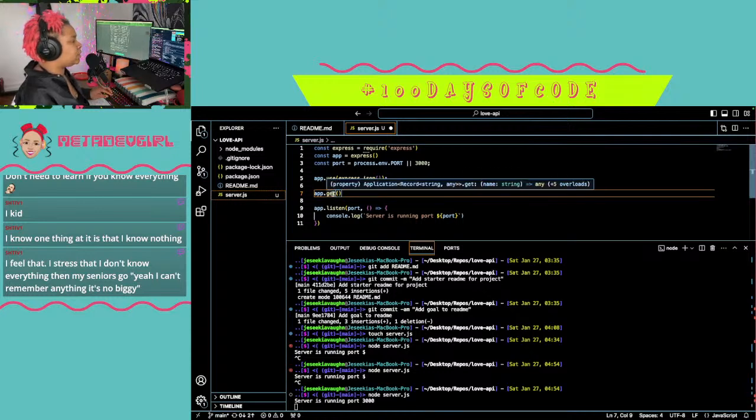I need to get used to VS Code because I really just started using VS Code last year, or maybe the end of 2022. Whenever they said they were going to sunset Atom, I was forced. So I don't know some of the shortcuts I should know.